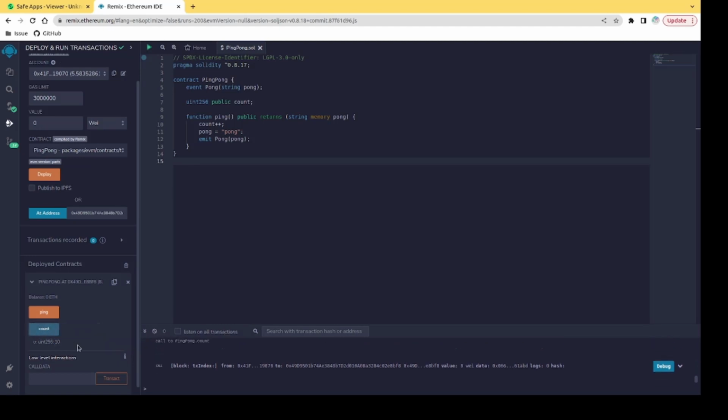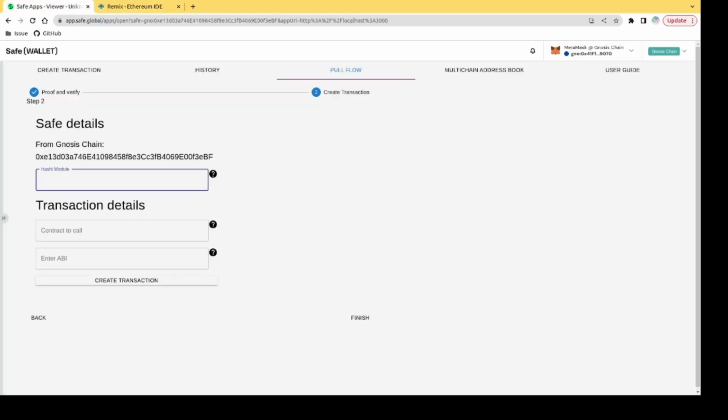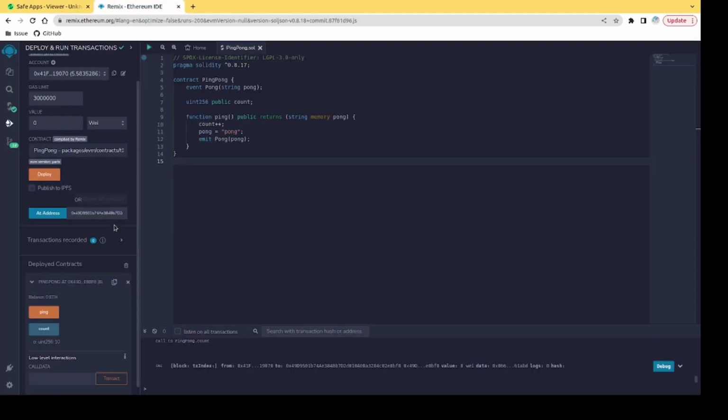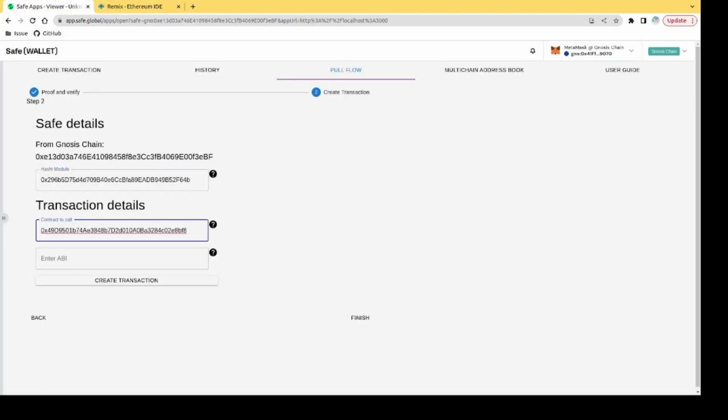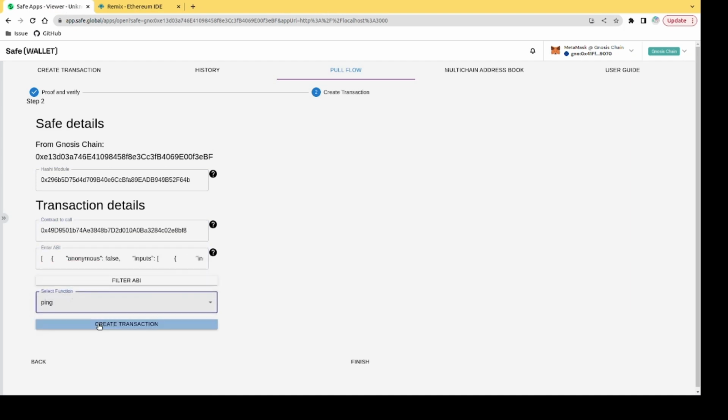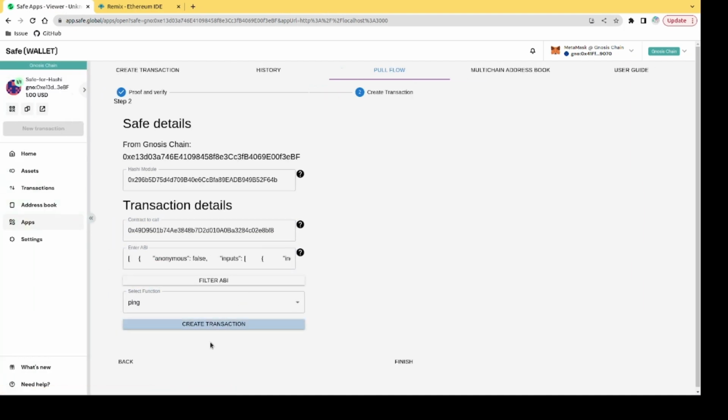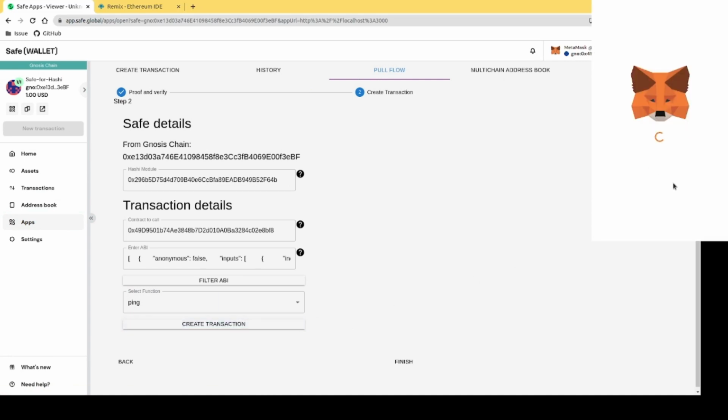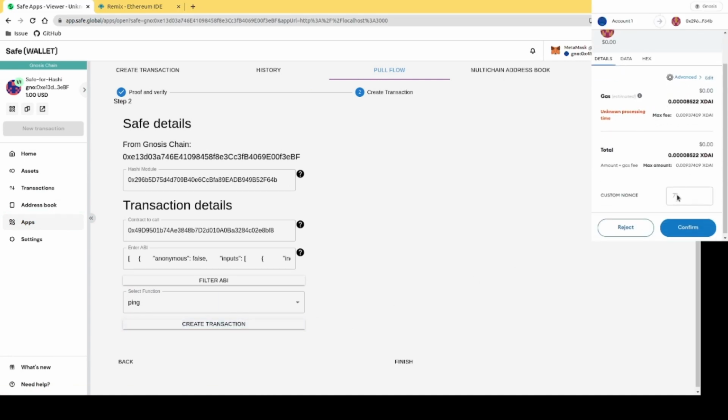Currently the count is 10. So we are going to insert the Hashi module for this secondary Safe, the contract address for the ping pong contract, and the function that we want to call. So we create the transaction using MetaMask,